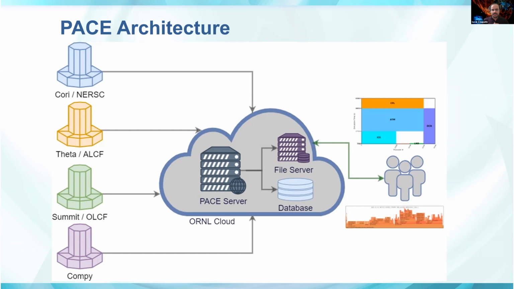Basically, there is an application server, which is the focal point of all these requests. It receives the data from the simulations run on these individual supercomputers, processes and parses the data, and populates several database tables for the metadata, and also stores the raw files and other attributes in a file server. So you have this interlinked structure in the middle that provides the core infrastructure for PACE.